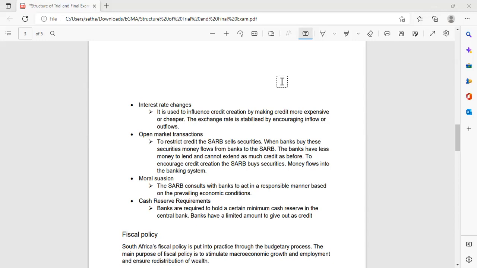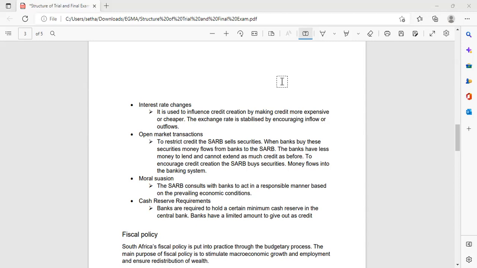Therefore, this will result in banks having less money to lend, as they have less money to lend to people, and cannot extend as much credit as before. So it limits credit creation. To encourage credit creation, the South African Reserve Bank buys securities, which will result in banks having more money to